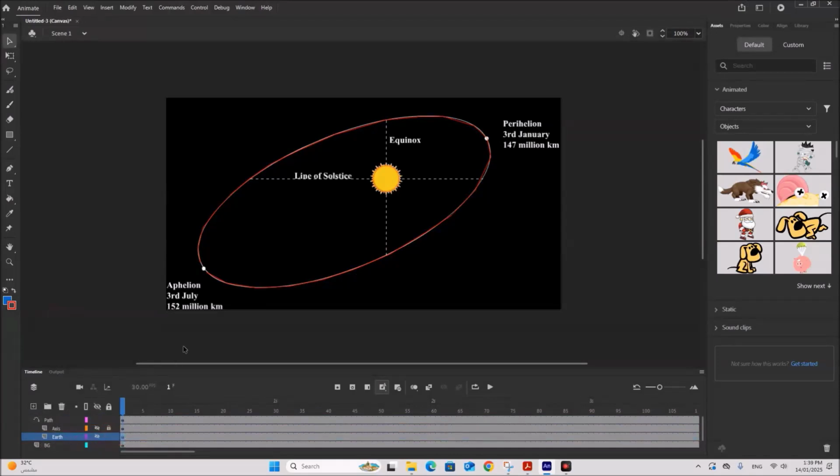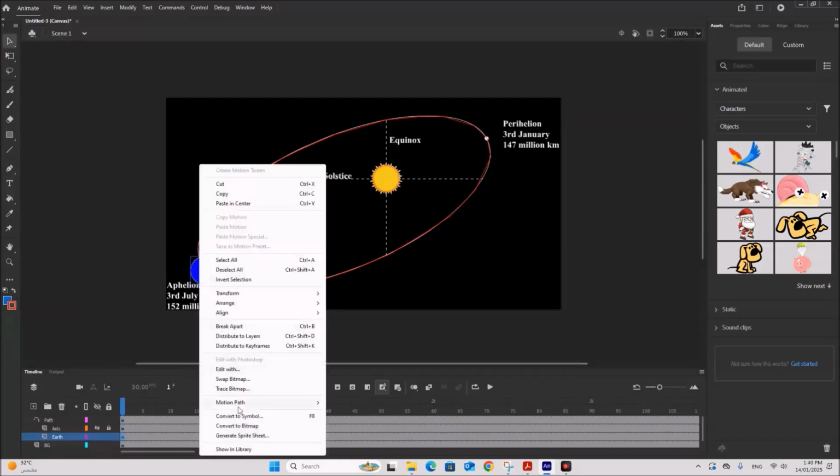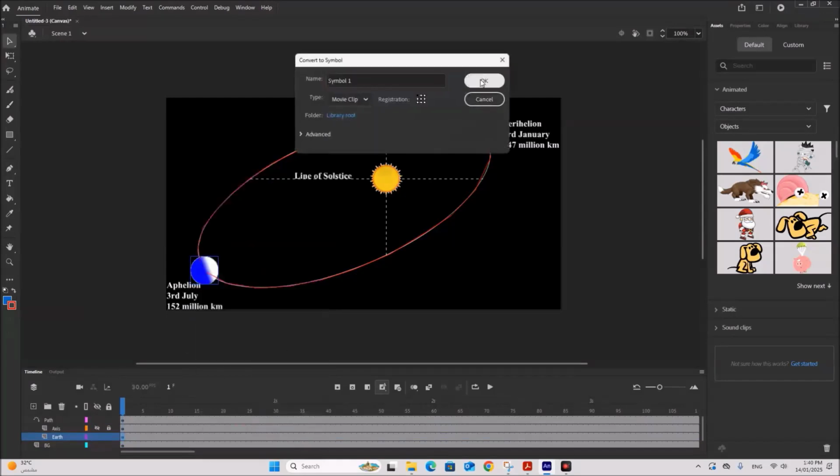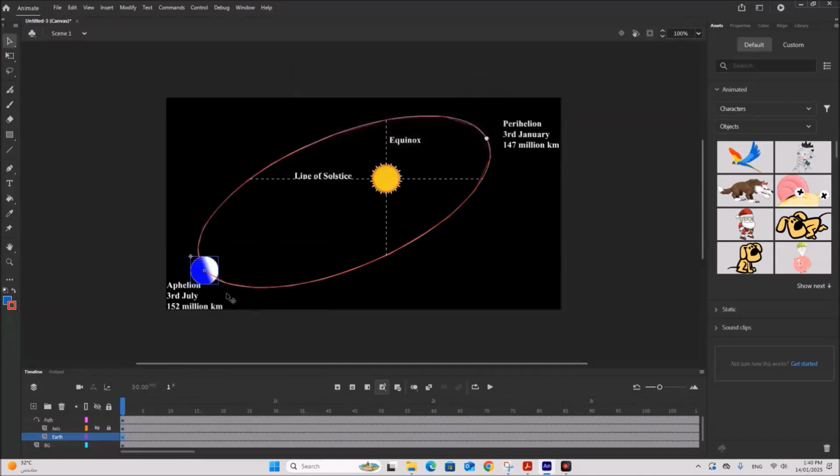So after this, you are going to lock the axis, and now unhide the earth. Now you can have this. You are going to right click on the earth, convert to symbol. Now it is converted into symbol as well. Now click on insert, create a classic tween,